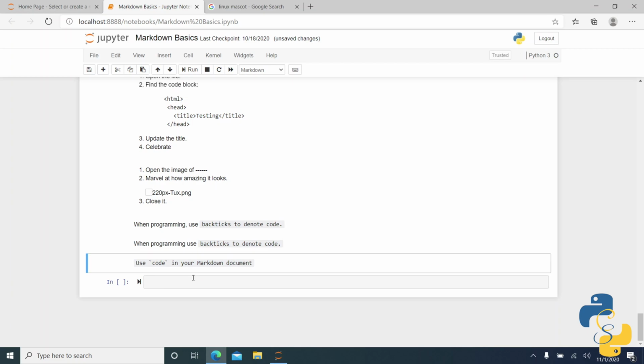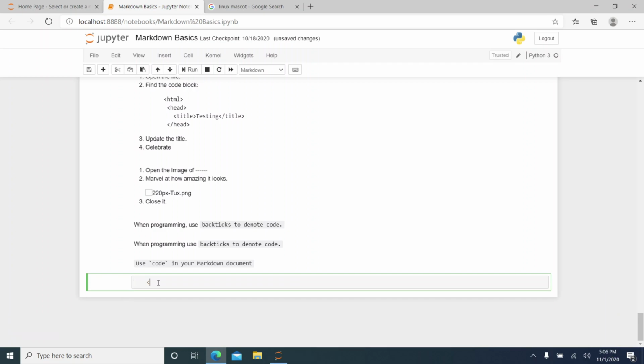Now we're going to move on to code blocks. So to create code blocks, we just indent every line of the entire block by at least 4 spaces or 1 tab, once again depending on your preference. So what we can do here is, of course, make sure that it is in Markdown mode, and then we put a tab,